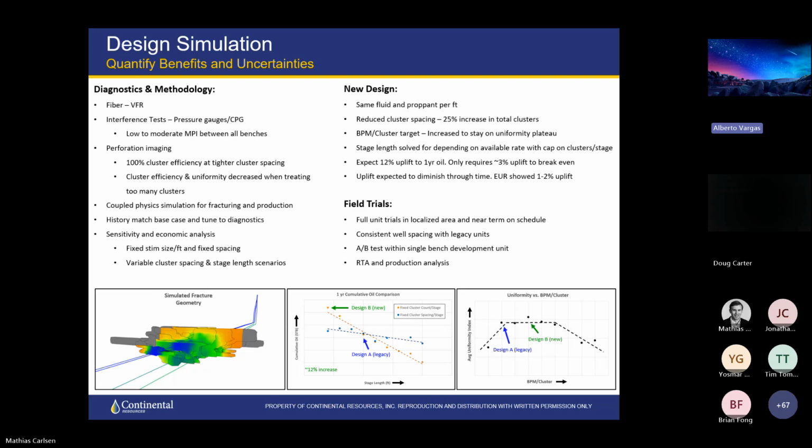So the field trials we set up, we did it a couple different ways to try to make sure we could get an actionable result. So we did a few full unit trials. So these were full co-developed